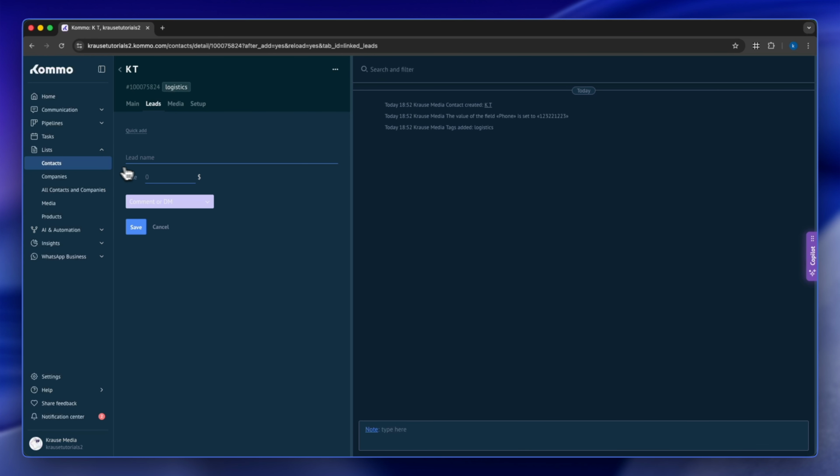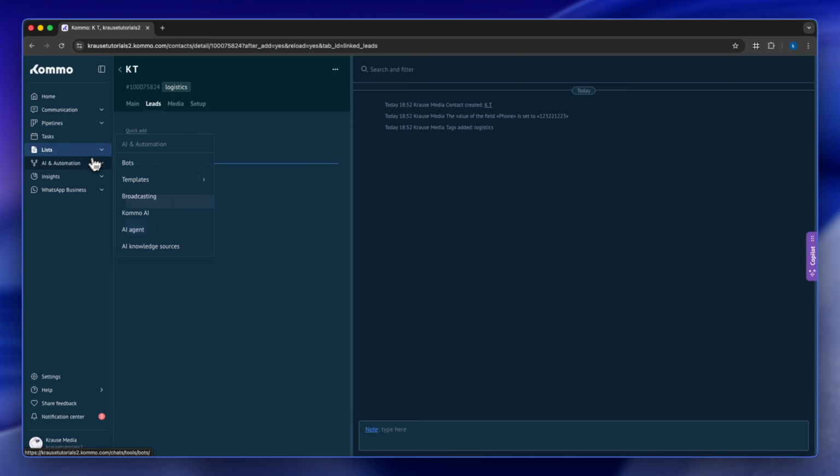Finally, let's talk about integrating other tools to Kommo CRM. Now, integration is very important because the integrations will allow you to connect and transfer data between different tools and put them all under one umbrella and allow you analyze properly. Now, to connect Kommo CRM to any application or any platform,